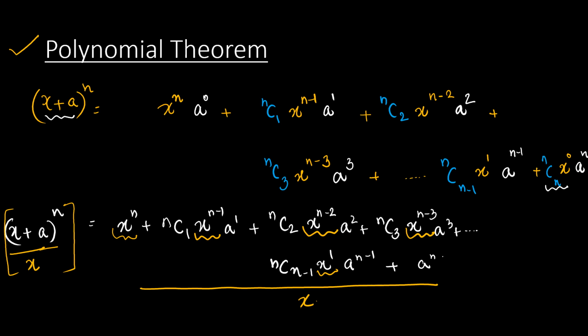But here the last term does not have an x term. So when a raised to n is divided by x, this is not completely divisible and we get a remainder here. When it is not completely divisible, then we get a remainder. Okay, so the remainder of this expression,